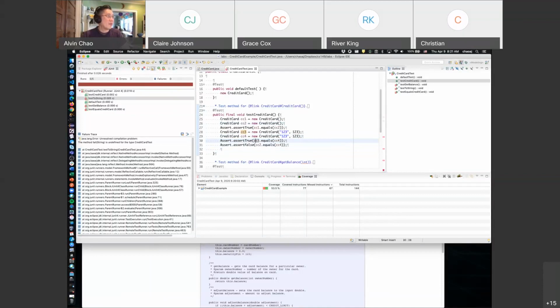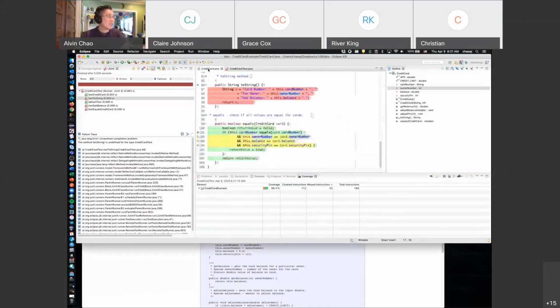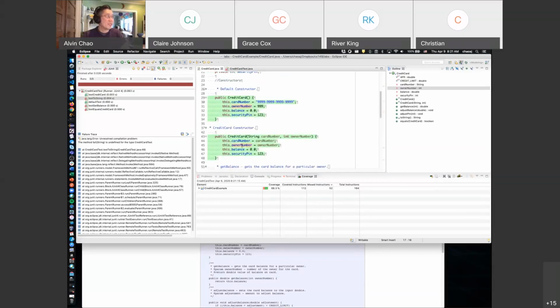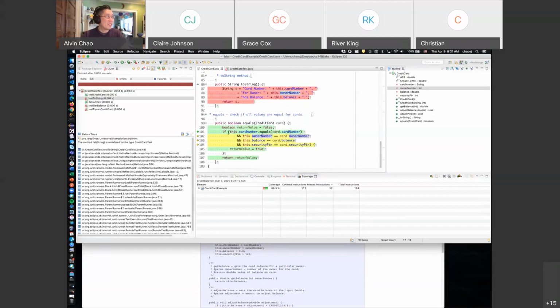I'm going to go ahead and run that real quick. Let's go ahead and see what we've got over here. We've got a little bit more. You can see this is green now with the explicit constructor here. So we've got that in a green state. We've got a few more lines in here where we've covered the equals, where the security is not